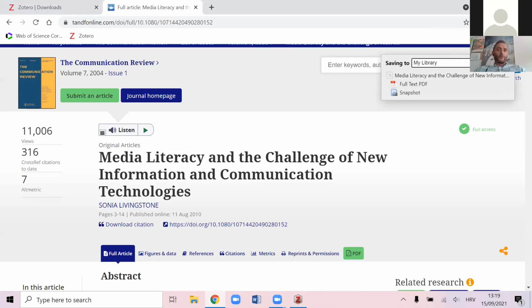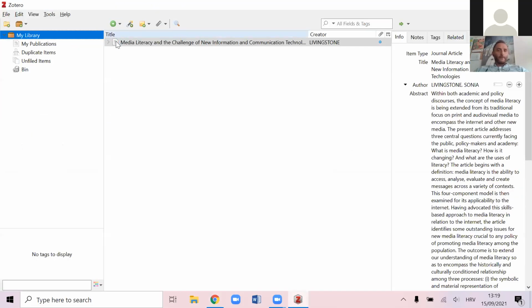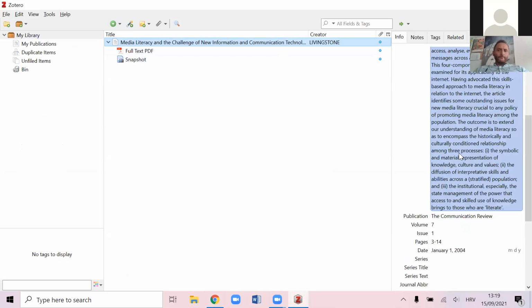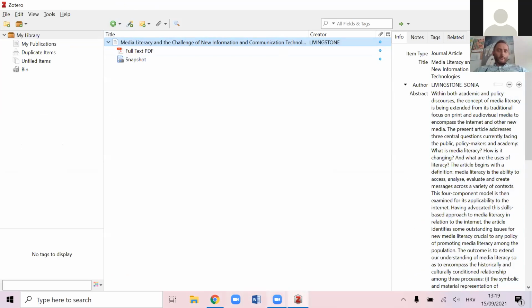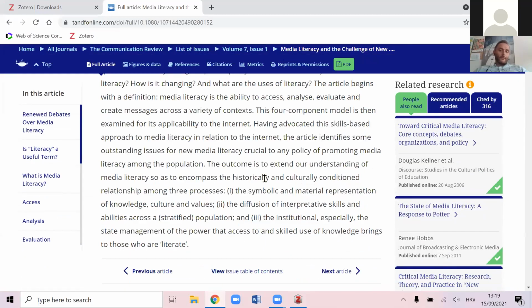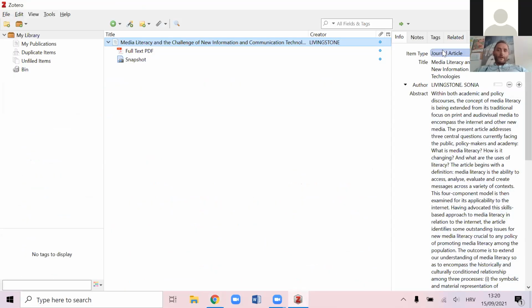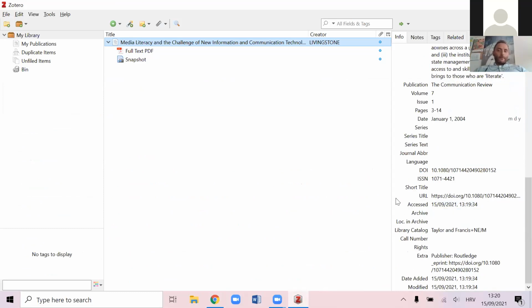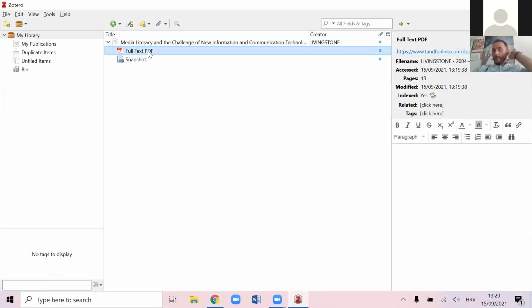Since we haven't defined any collections, it's going to just save it to your library. And this is it. When we go back, it's here. So it saves everything that it can from the page that we have taken it from. So it harvests everything and puts it into this. So you can see item type, title, author, abstract, and so on, and everything that it can gather. Also, the good thing is you have a full text PDF, which here you have the link,